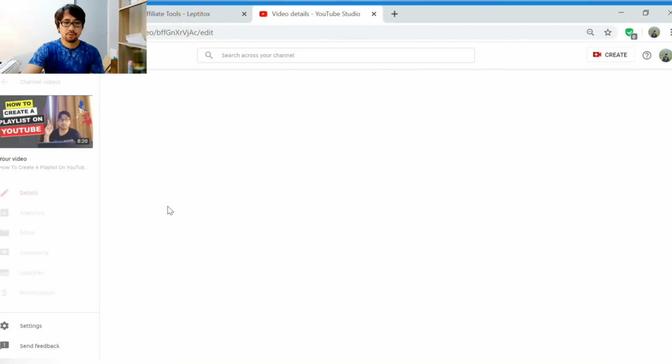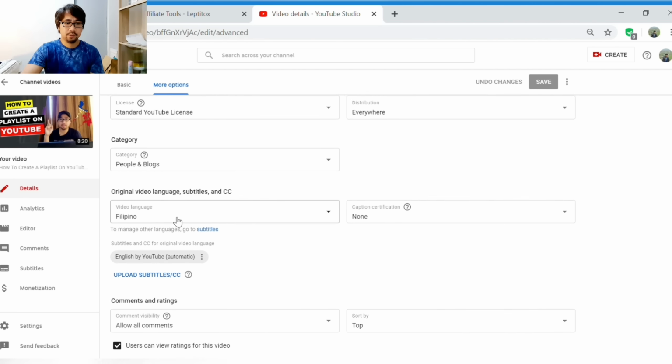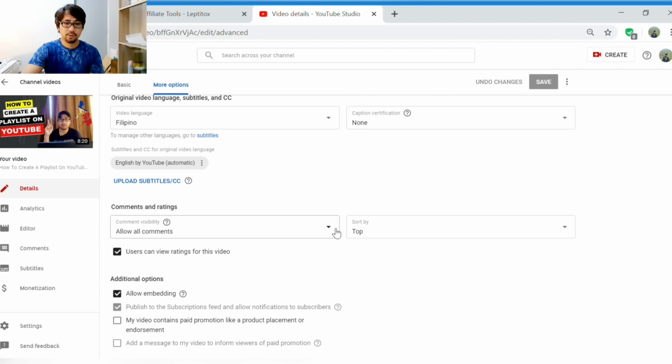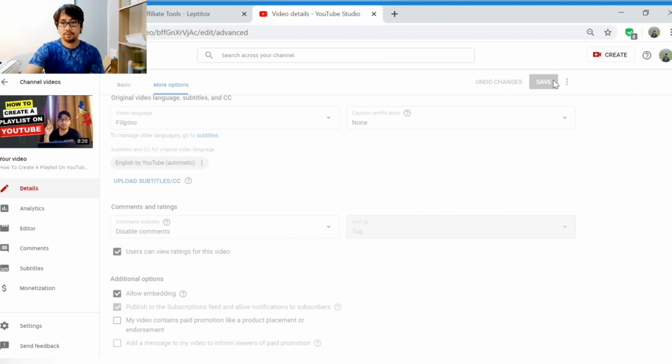For example, I will choose this one, and then go to more options, and then you can see allow all comments. Just click this. You can choose this one, all the potentially inappropriate comments, all comments for review, or you can just totally disable comments. For example, I will choose disable comments. Save,